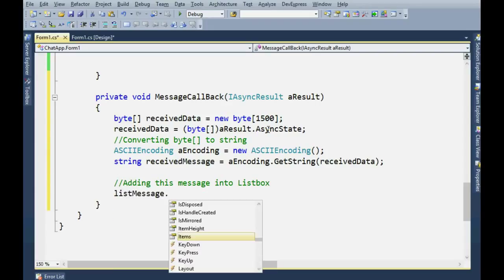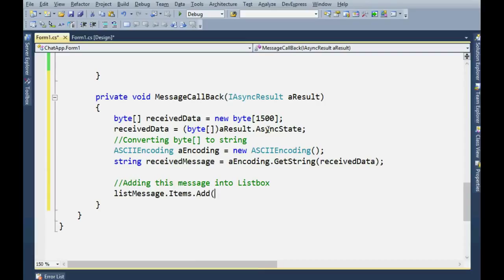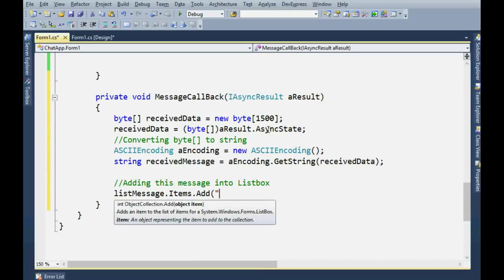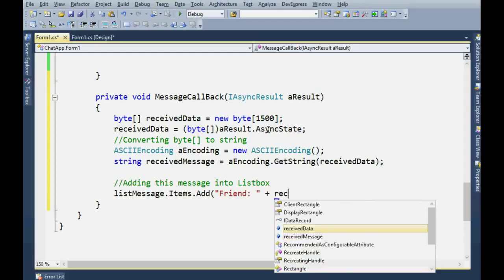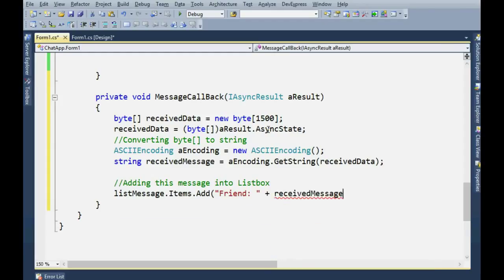List message items add. This message basically comes from my friend, so friend plus received message. Okay,